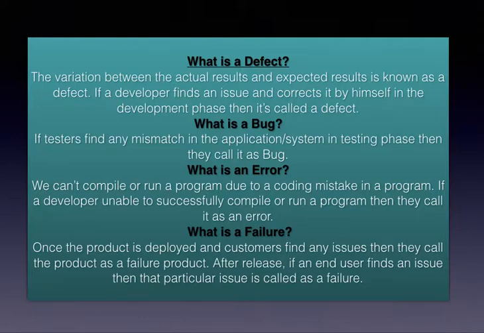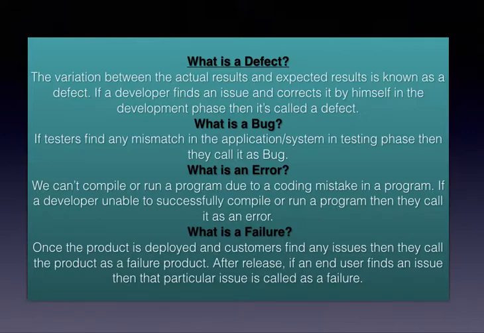First, we will discuss what is a defect. The variation between the actual result and expected result is known as a defect. When you see the difference between the actual and expected result, that is a defect. If a developer finds an issue and corrects it by himself in the development phase, then it is called a defect. For example, in the real world, you thought that you would buy a mango in a particular shop, but